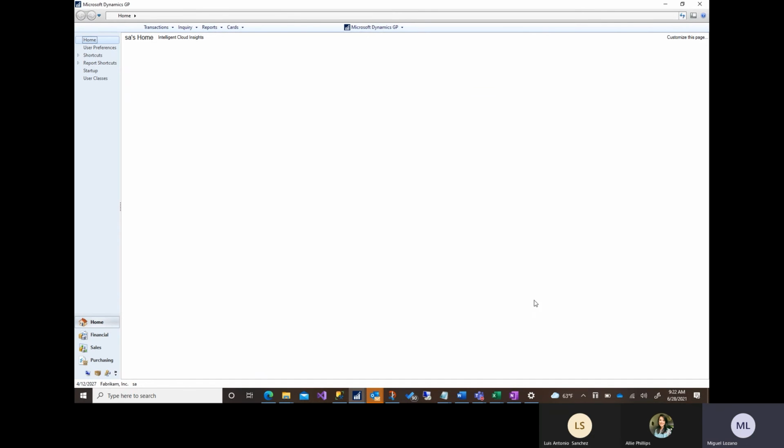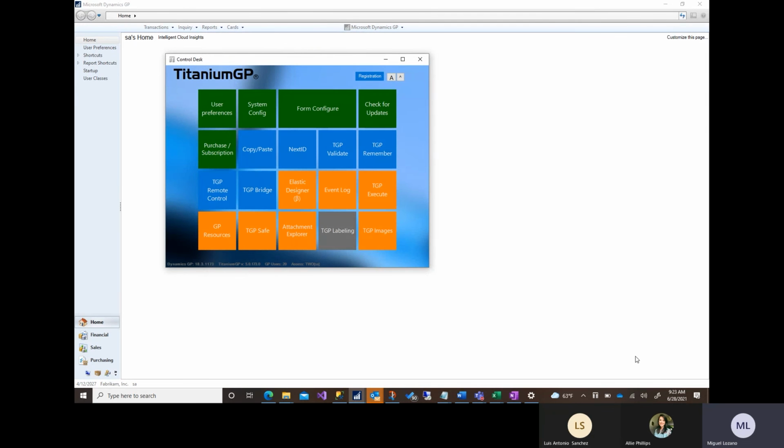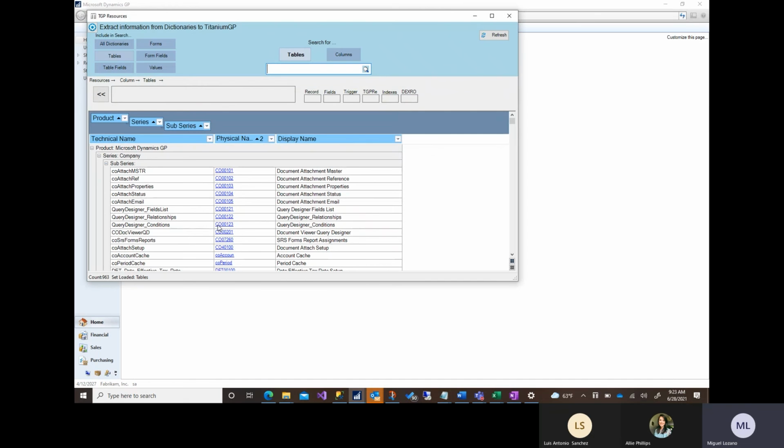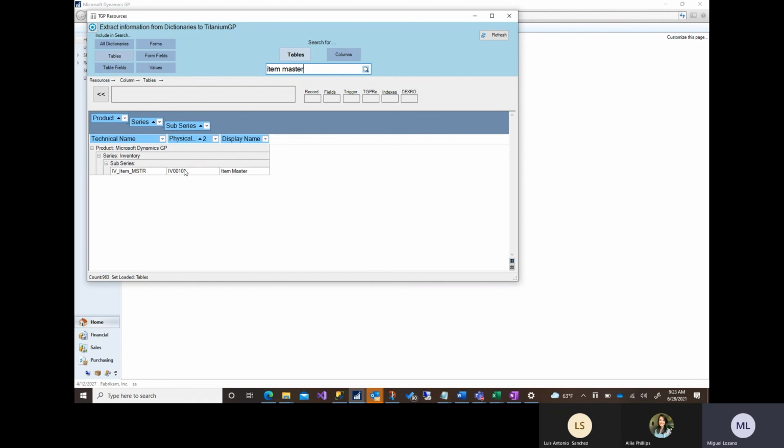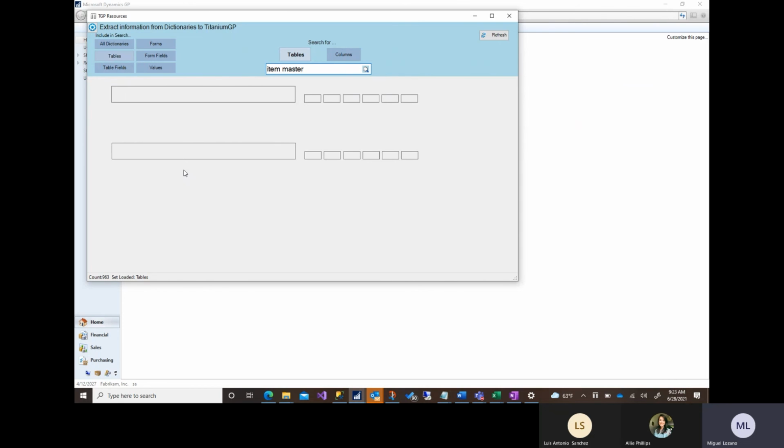So I have another feature that might come in handy for the consultants or people that are making reports. This will be real quick. In TitaniumGP, this is a free tool. You go into the GP resources, and a window will pop up with all the tables and resources that GP has. So if you want, for example, item master, it will locate the table for item master, which is IB 101. You double click it,